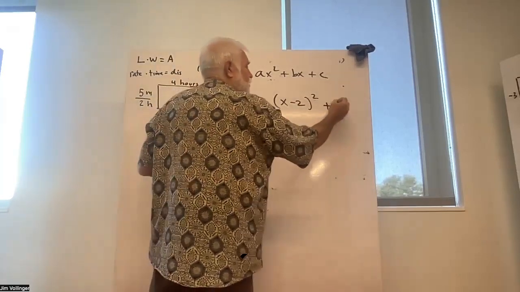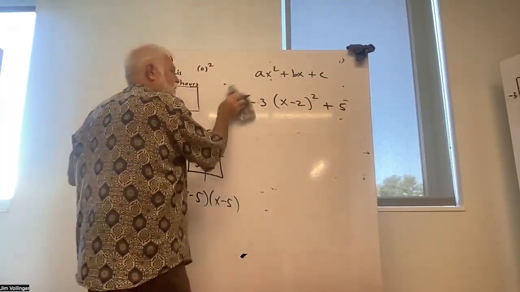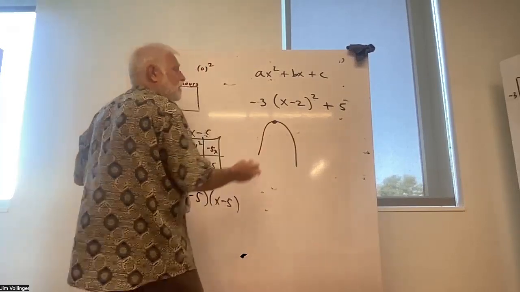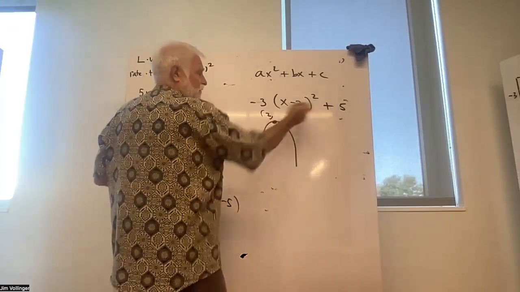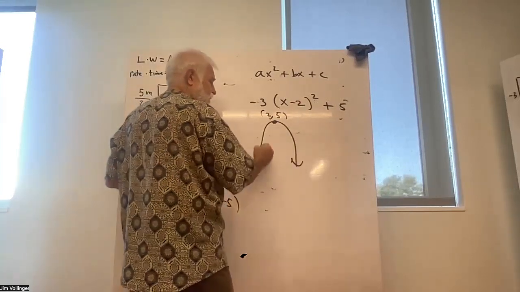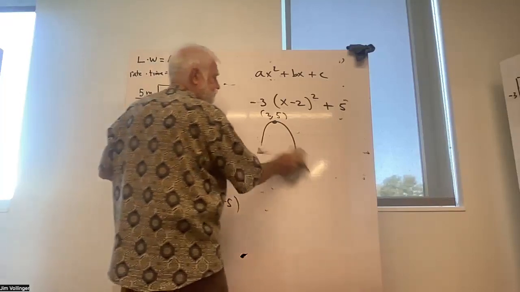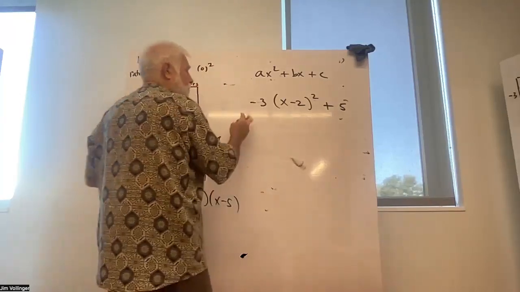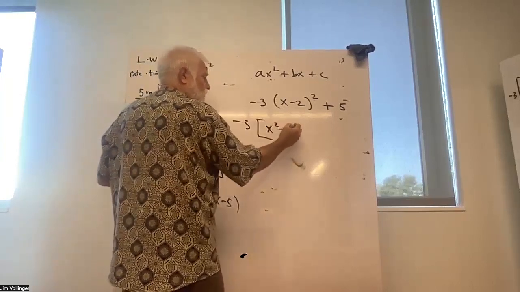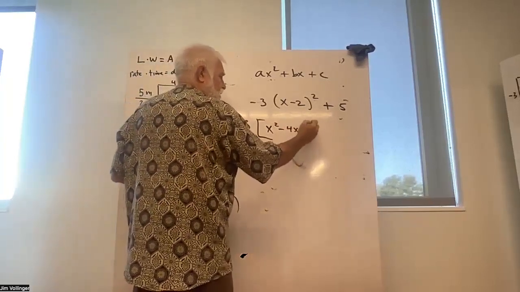And it might be useful for you to put it there, because now you can see you have a cup-shaped graph down at 2, 5 is the vertex, and that's helpful to know. Okay. All right, so minus 3 times, back to where we were, x squared minus 4x plus 4